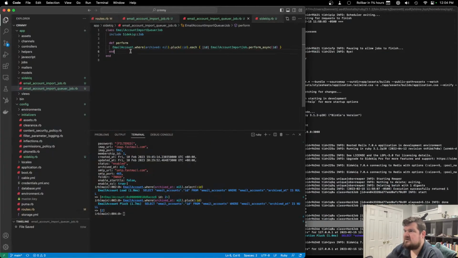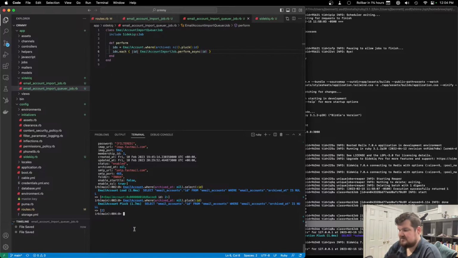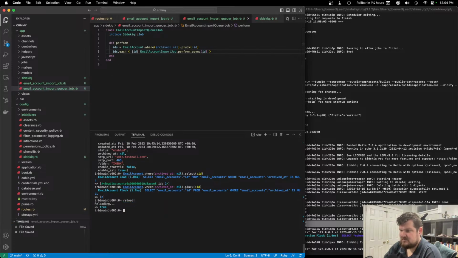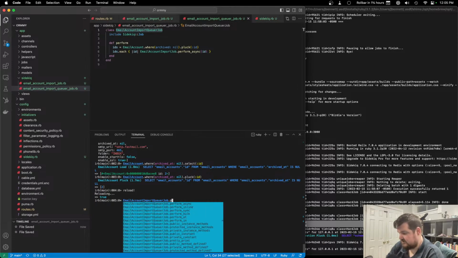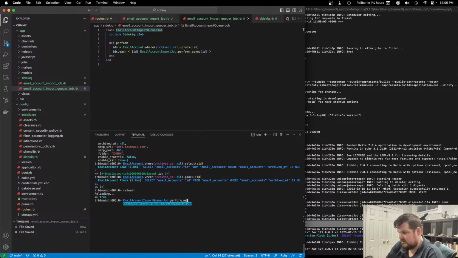Actually, we'll just do this. So IDs, grab all the IDs, and then for each one, perform async. All right, so if we do that, we can run the email account importer cure job dot perform async,